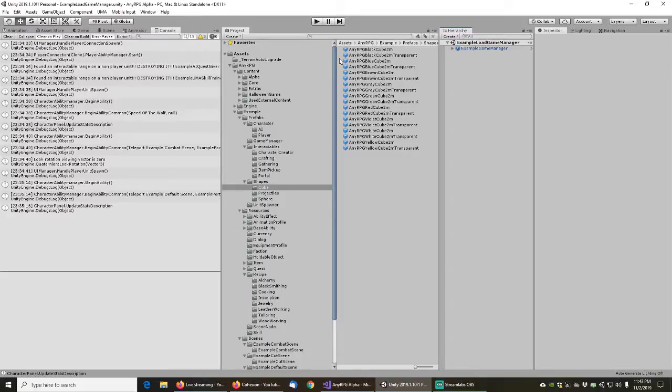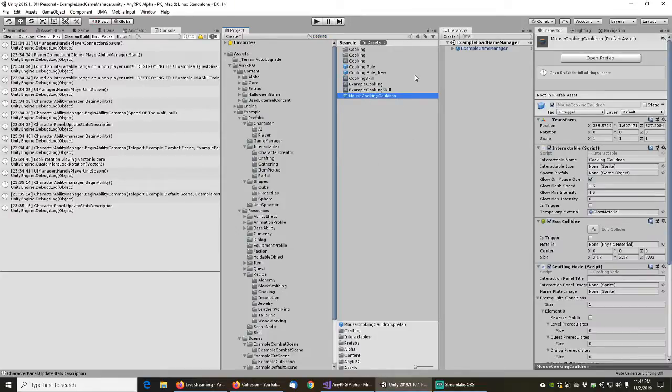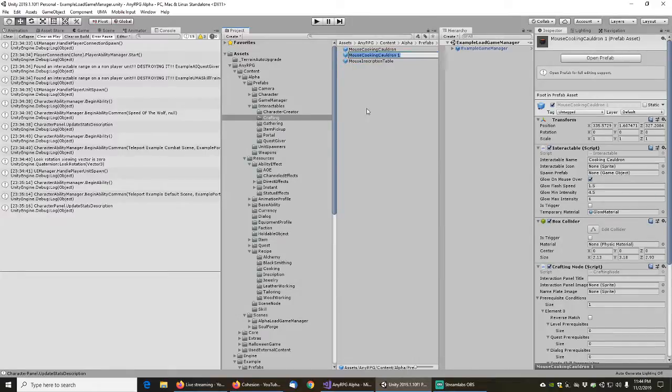So then we want to take that and we're going to need to move it into the level, but first I want to grab some prefabs from the mouse base. So I think we had like an alchemy table somewhere. No, maybe, let's see, did we have like a cooking cauldron? Mouse cooking cauldron. We need one of these anyway, so we will copy that, and this is going to be